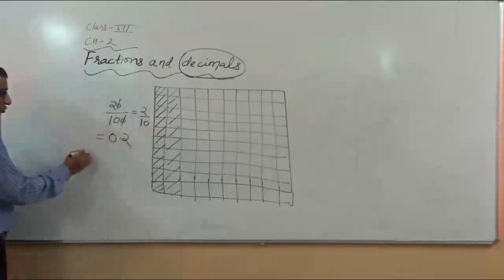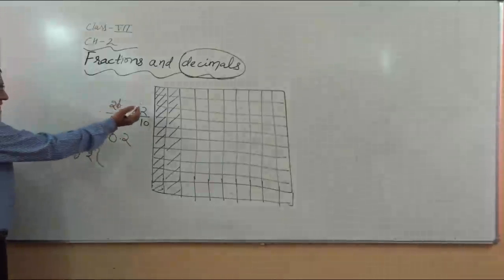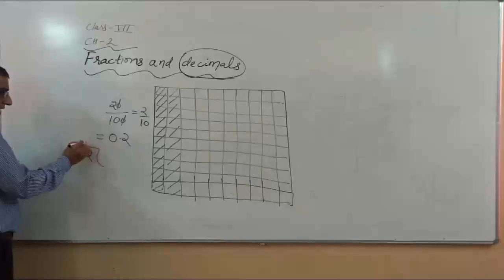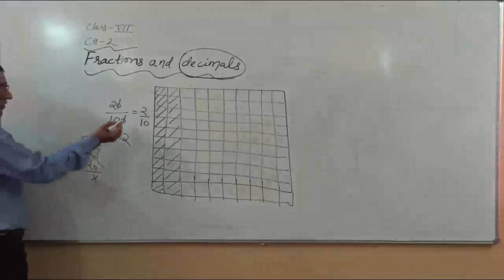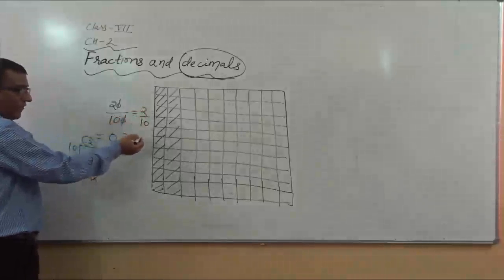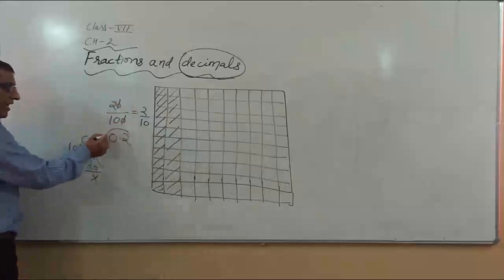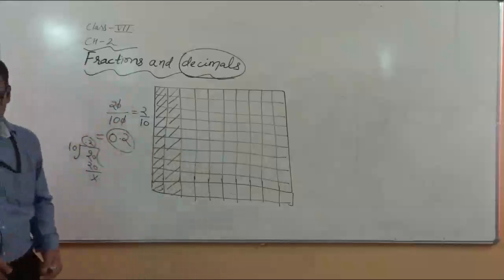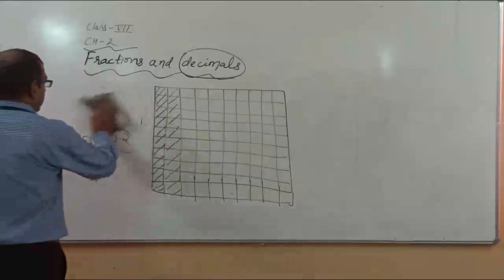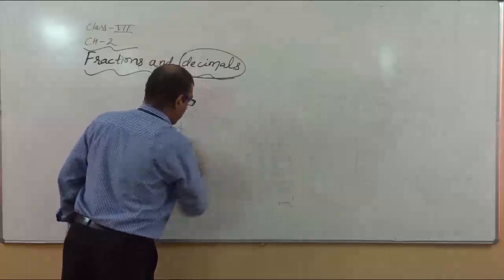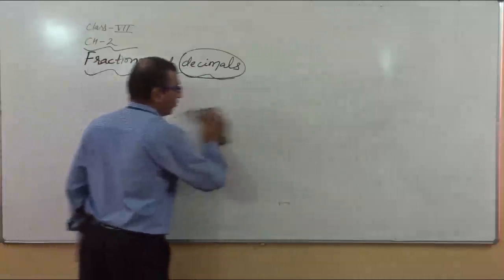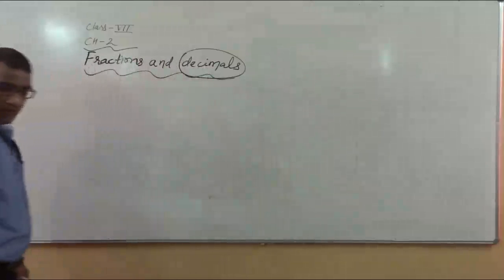And if you want to divide 2 by 10, same procedure. How can you do it? Direct division is not possible, so definitely you will take the help of decimal. So you will write here 0 and then 2 times. In every case, you will get the same answer. If someone cancels it and writes 1 upon 5 and then divides 1 upon 5, then also you will get 0.2. Okay. So with the help of this diagram, I hope the concept of decimal is clear to everyone. Now we will come to the next concept.